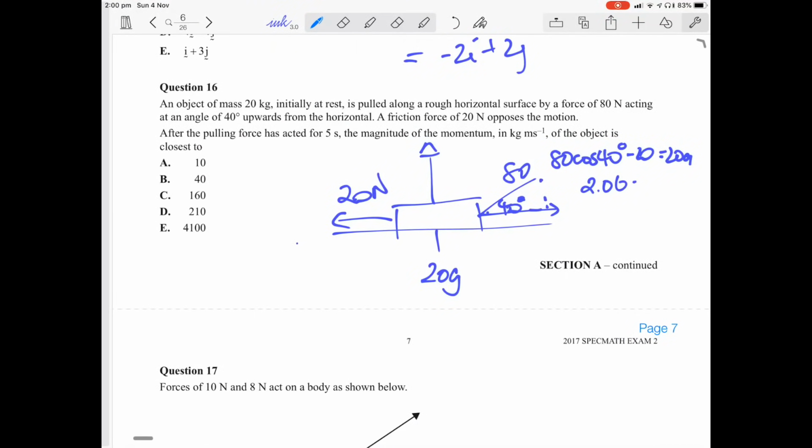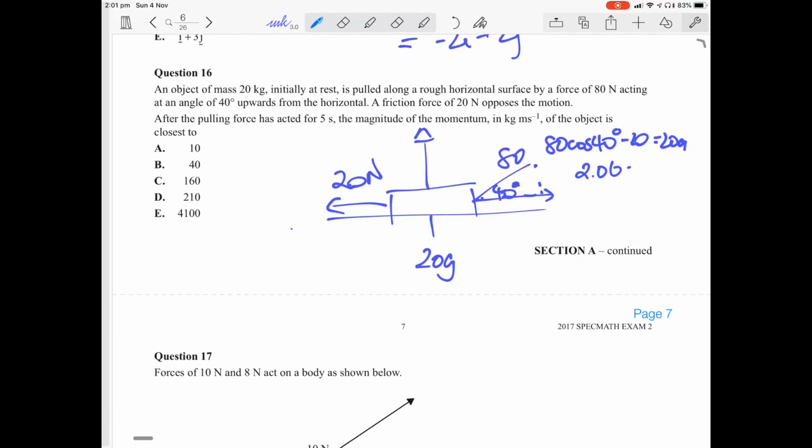The magnitude of the momentum the object is closest to. We know that magnitude of momentum, P, is mv. Initially at rest, so u equals 0, and v is what we want to know. a is 2.06. Displacement we don't know, but we know that t equals 5 seconds. So v equals